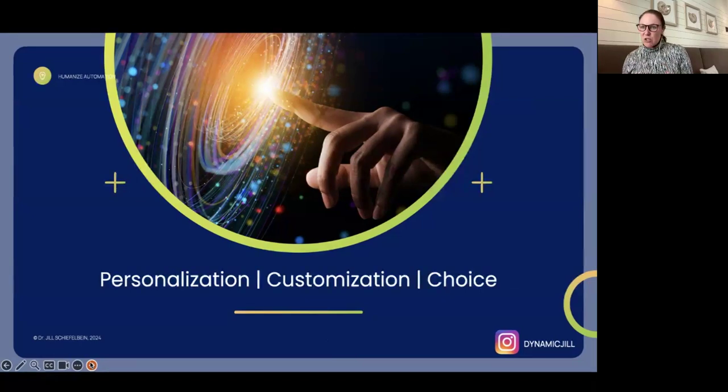Because when it all comes down to it, we know that when your consumers, when your customers or your potential clients have communication that is personalized to them or customized to them or gives them a choice in how they consume content and interact with you, all of those things move the needle for more purchases, repeat buying, brand loyalty, referrals, all of those things. We want our communication to have these variables present. But why don't we? Well, because it takes a ton of time. So I am obsessed with finding ways where I can increase these without increasing my time on task and also giving my customers and my audience a better experience.